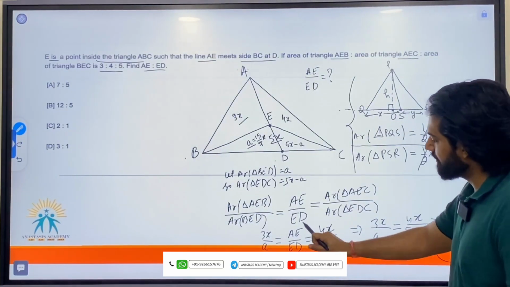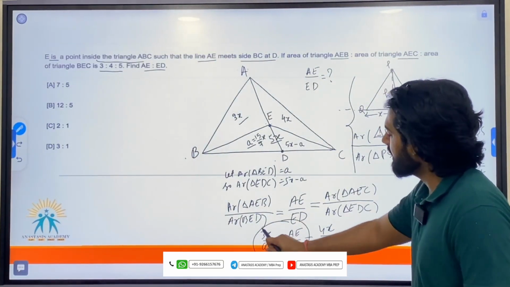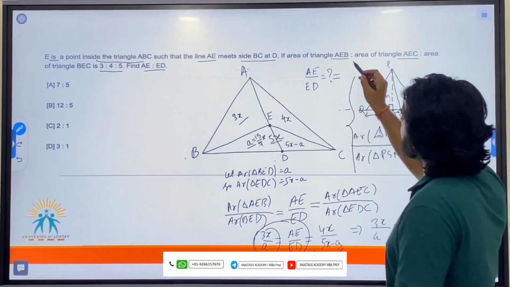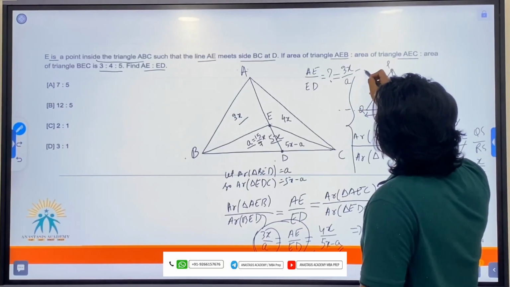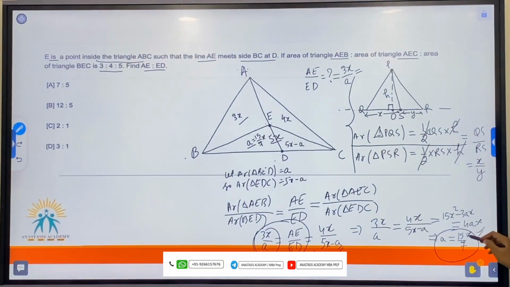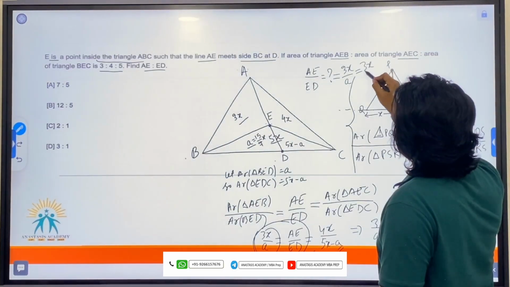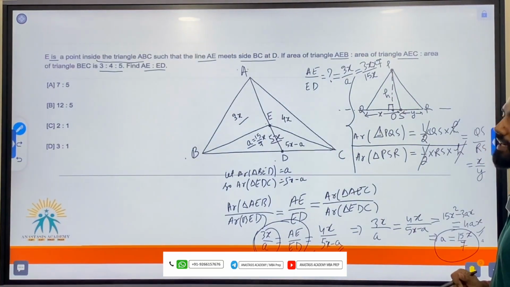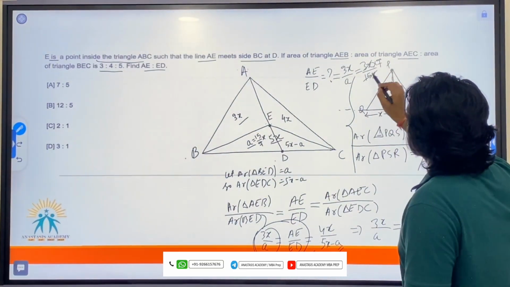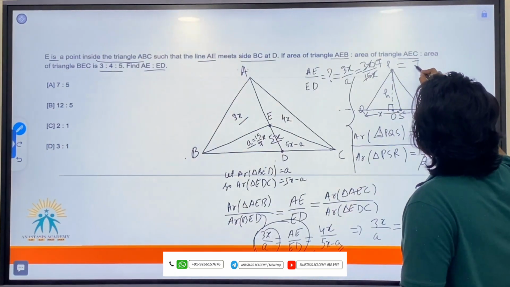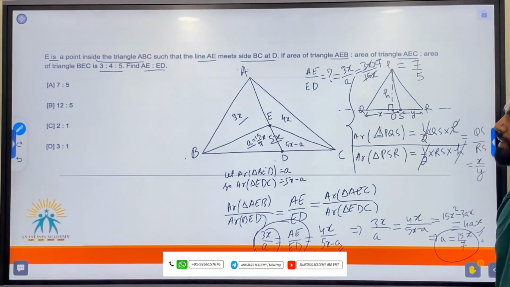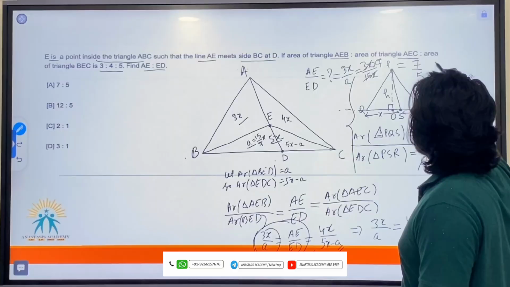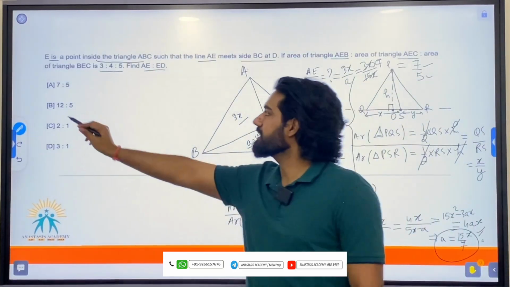Now the ratio AE upon ED is 3x by A. A is already identified, it is 15x by 7, so it becomes 3x upon 15x by 7. So 7 goes to the numerator, and x gets cancelled, and I get this ratio as 7:5. So the correct answer to this question, AE is to ED, is 7:5. So the correct answer is option